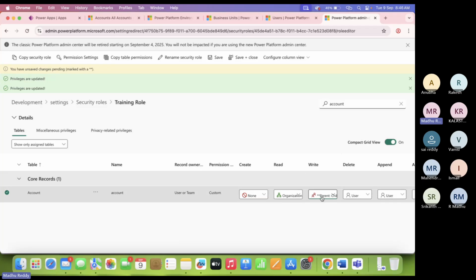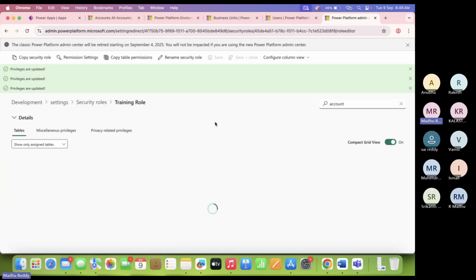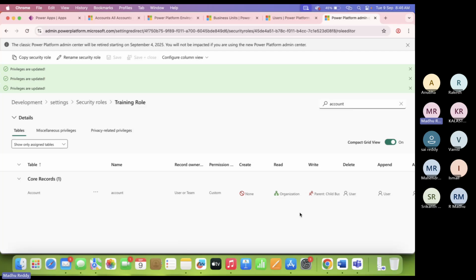Whoever is in the parent business unit can edit their records as well as child records. But whoever is in the child business unit can only edit their own records, but not the parent business unit records. Okay, let's save this. Again, for this parent and child,